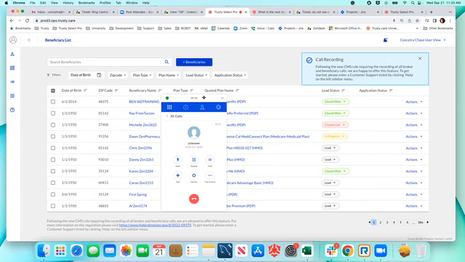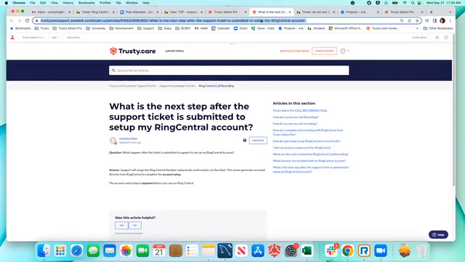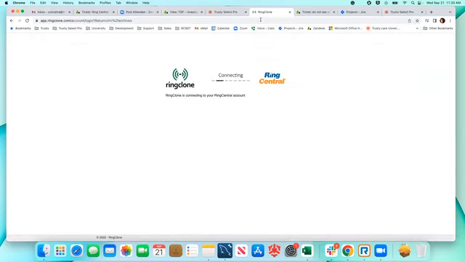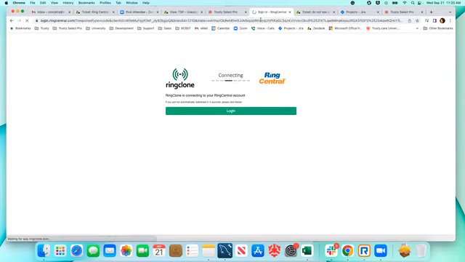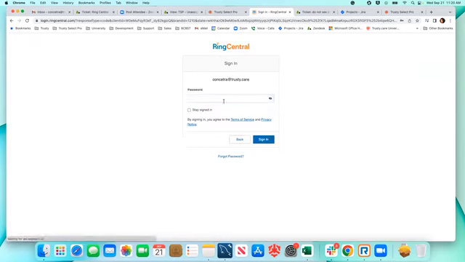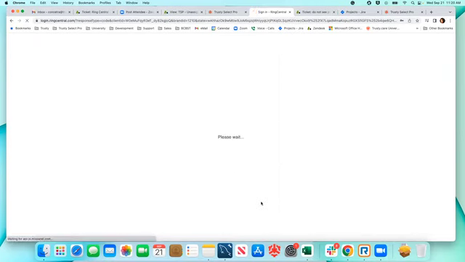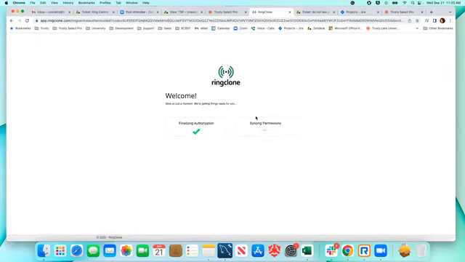Now, all your calls and all your recordings are going to be kept in storage in RingClone. That's a separate login, and that site is accessed through the URL app.ringclone.com. This site will take the same credentials as RingCentral. So this is where you come in if you need to pick up one of the recordings and upload that recording into Trusty Select Pro. So you would come in here with your credentials,